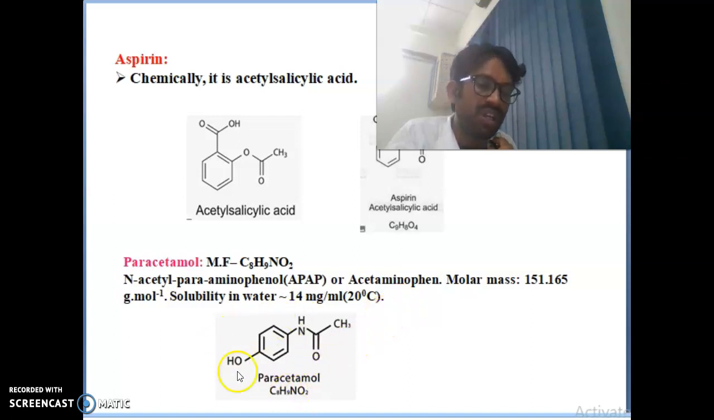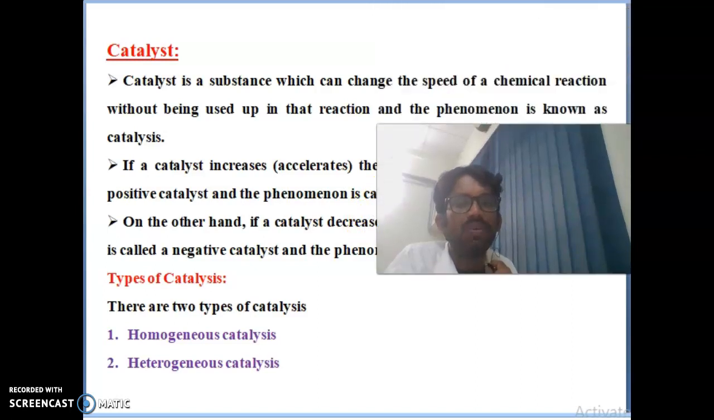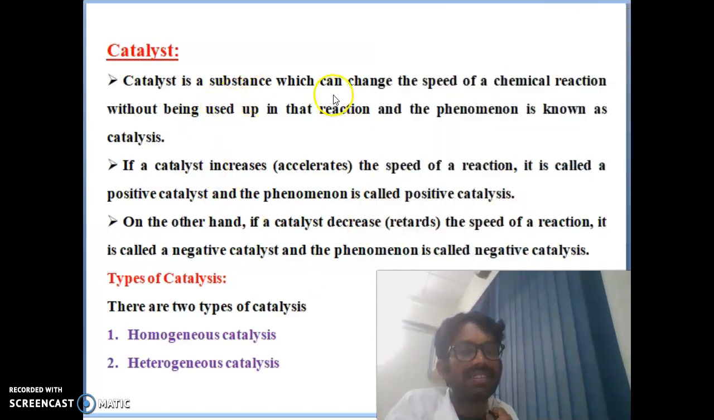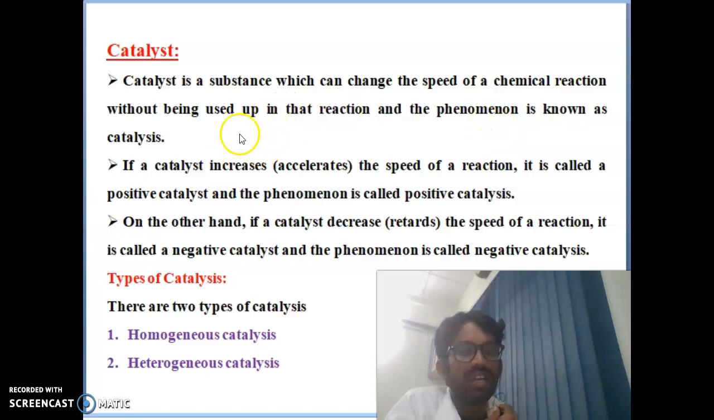Paracetamol, this is the structure: OH, NH, C double bond O, CH3. This is the structure of paracetamol. Next one you can see here, what is a catalyst? The catalyst is the substance which can change the speed of the chemical reaction without being used up. This phenomenon is called catalysis. So a catalyst that increases the speed of the reaction